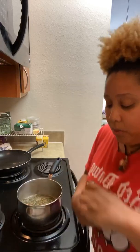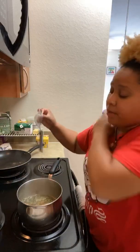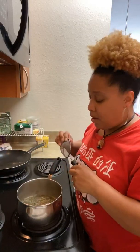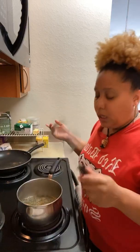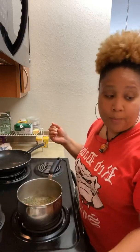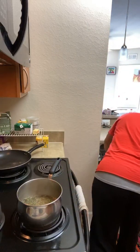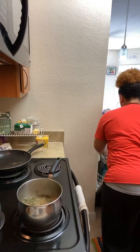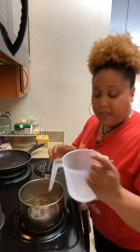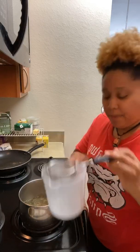When it comes out, you can use cheesecloth. I don't have any cheesecloth, I need to find some, but I'm gonna use this called a sieve, or sometimes you may use it to put some powdered sugar over your food. This is called a sieve. All I'm gonna do is get a measuring cup, and once this has reduced down, I'm just going to pour this over the sieve into the measuring cup and